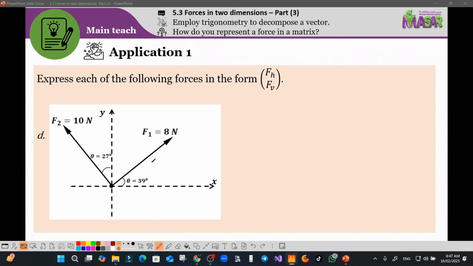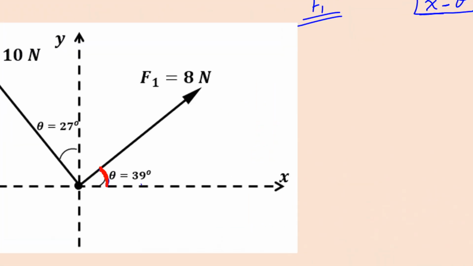And for each force, we need to represent them using the matrix notation, which means we need to find the horizontal component and vertical component for each one of them. So let's start with F1. Now for F1, the measured angle is the x type, with respect to the x-axis. What I meant by x type is that the measured angle is with respect to the x-axis, because as we can see here, this angle is between the force and the x-axis. So this is x type,